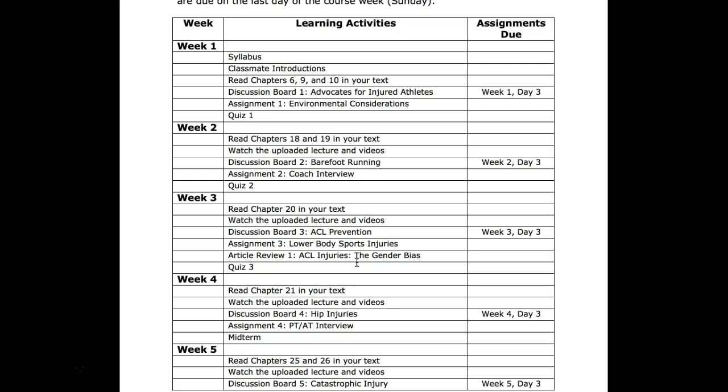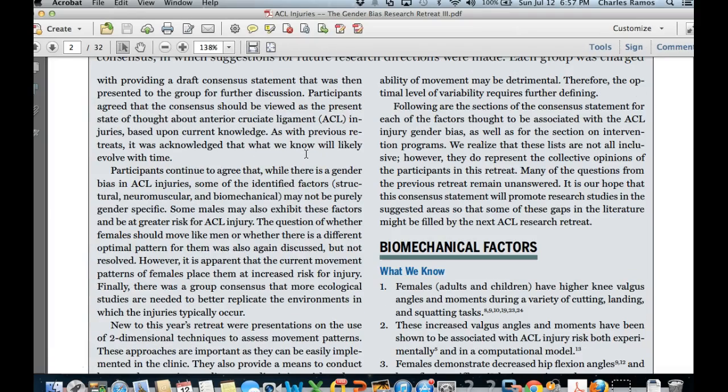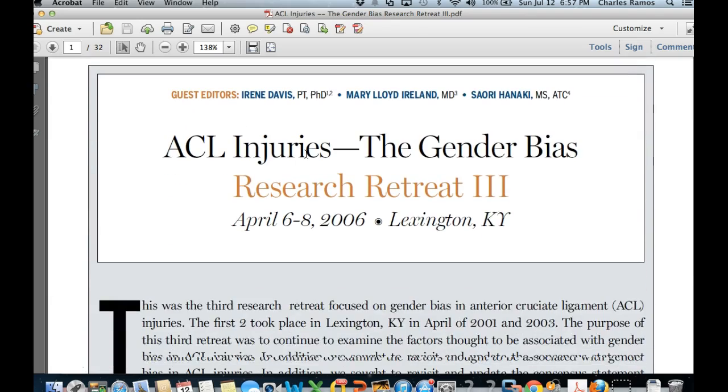Also, you'll have your assignment 3 due as well, lower body sports injuries, and you'll also have your first article review on ACL injuries. Or I'm sorry, the article you have to read is ACL injuries is gender bias. And that is right here. So this article is basically